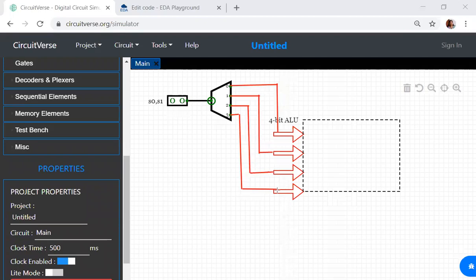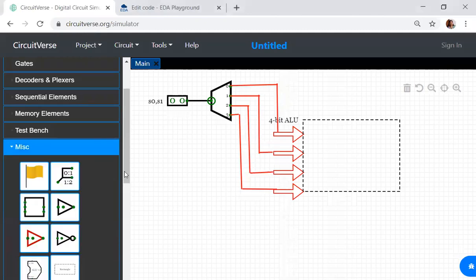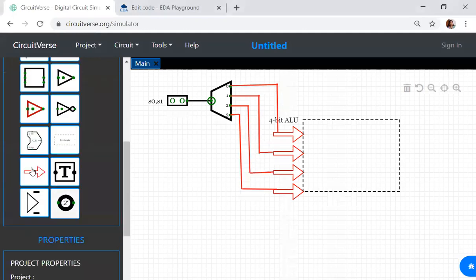Now if the ALU has to perform these operations, what should you have? You should have inputs, which means we have to have A and B inputs. So come back, let us give the inputs A and B. Operations I have selected. Now I'll have three inputs: one input is A, one input is B, one input is C. In the previous design, we gave select lines to the ALU because we were writing in the behavioral model. Here we cannot give the select lines because we are writing the program in the gate level model. When implementing the gate level model, we had to design how that selection is done. So we are doing this part.